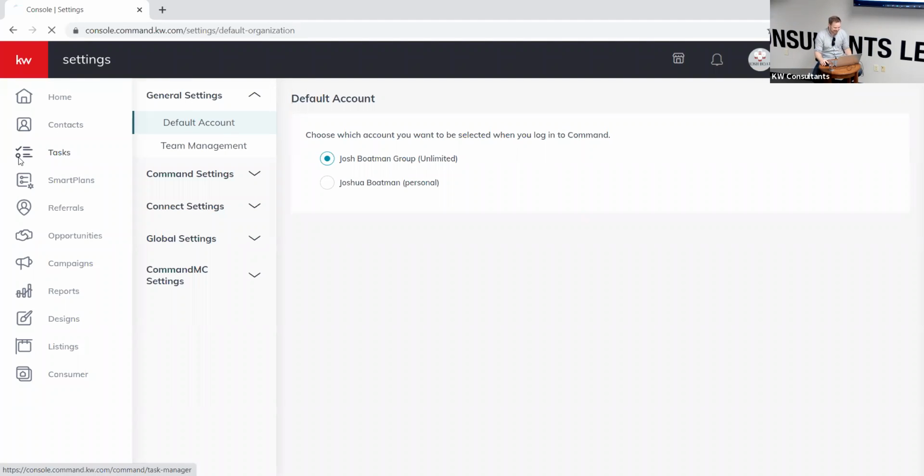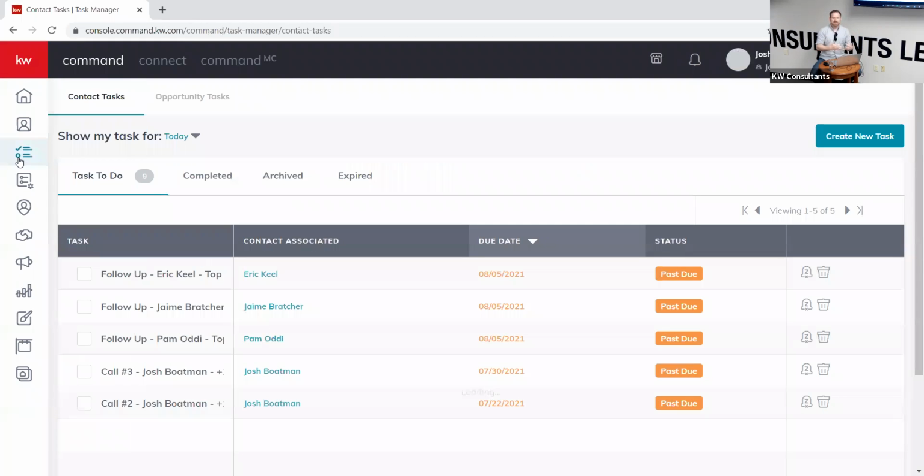Tasks are not teamified. So what does that mean? Well, that basically means the only person that can see a task is the person that creates the task. So if you have an admin on your team and they create a task to a contact, only that admin can see that task. Currently, that task cannot be manually created by that admin and assigned to an agent on your team. That is going to change in the future, but I always like to try to be very clear with that. There are avenues when we create tasks via smart plans that they will be assigned to your team members, but we'll talk a little bit about that when we get into smart plans,